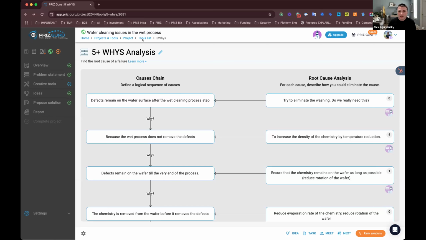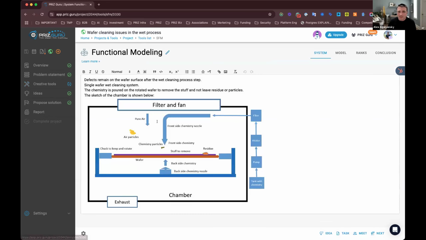And where I was going after these tools is actually the functional modeling. That's the next one I wanted to show. Because what happens, and I've seen it firsthand with one of our potential clients, is people were trying to build, for example, the cause and effect chain, but they didn't even have enough information in their head in terms of how the system functions, which components are in there, and so on and so forth. They couldn't even define why the system is in place. It was interesting, even though they were working with the system for years.